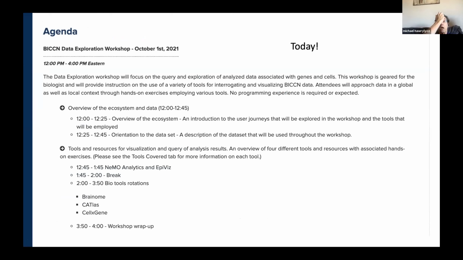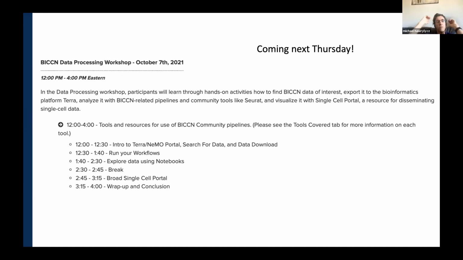The first day, today, in addition to a brief introduction to the workshop and to some of the data sets involved, will mostly focus on learning about the tools and resources for looking at the data, visualization, and analysis, including NEMO Analytics, EpiViz, and various other third-party tools, which are typically things that have been developed by people in the consortium or our partners.